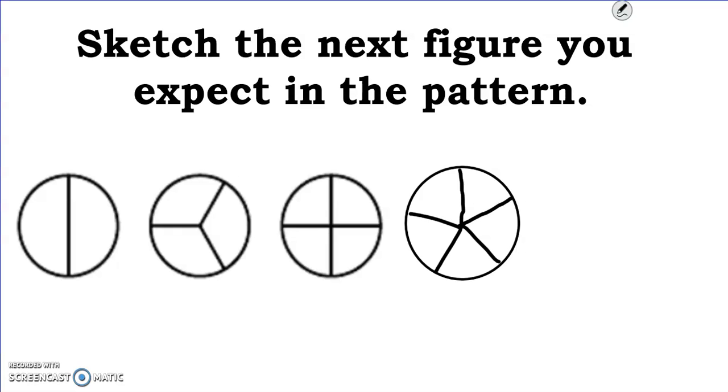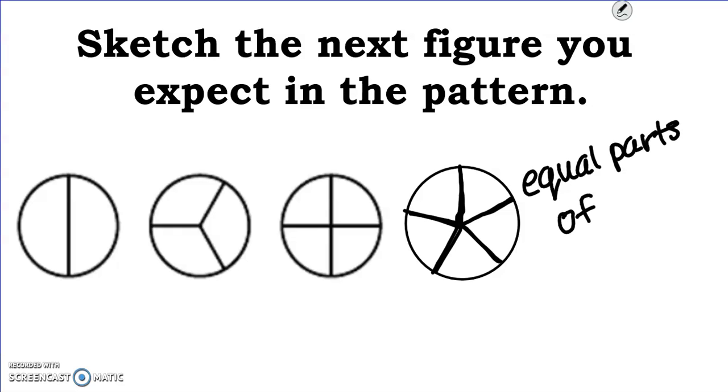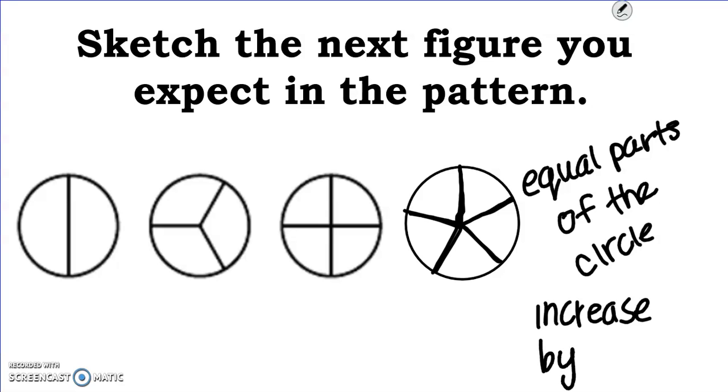Okay, hopefully yours looks a little better than mine. So we have 5 equal parts, so the pattern: equal parts of the circle increase by 1. Okay. Next one we have,